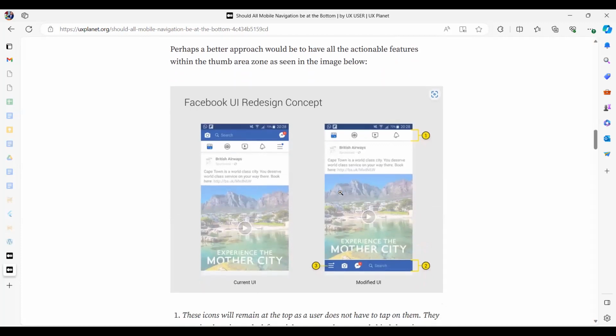Right? Now look at how Facebook changed their interface. They had icons on the top. Now they brought the icon to the bottom, including the menu icon here on the left-hand side. Because search is the most used one, they have put it here to the right-hand side because very easy to use. And then the messenger is next and the camera after that. So that way, in fact, you do this by researching many times. And on the top, you have rarely used things.